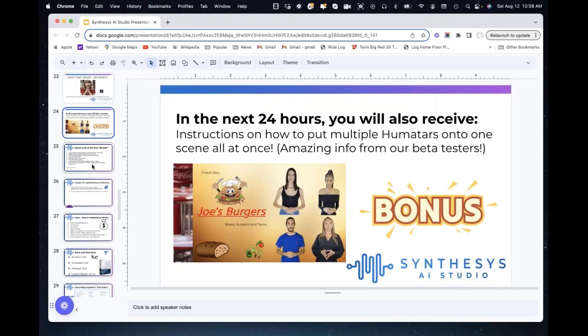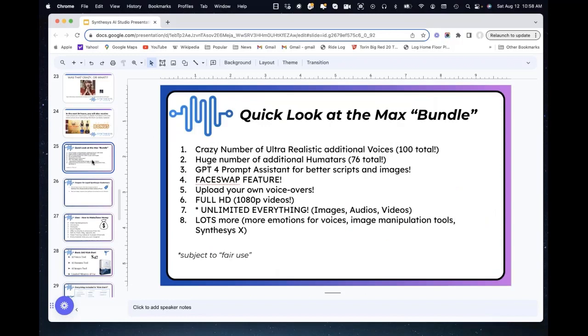So let's back up for a second and look at everything that you can actually obtain today right here on this webinar, because we've been teasing you with all this good stuff. So it's those 3 basic modules, which normally would be limited, but we're going to be presenting you with what we call the max bundle option.